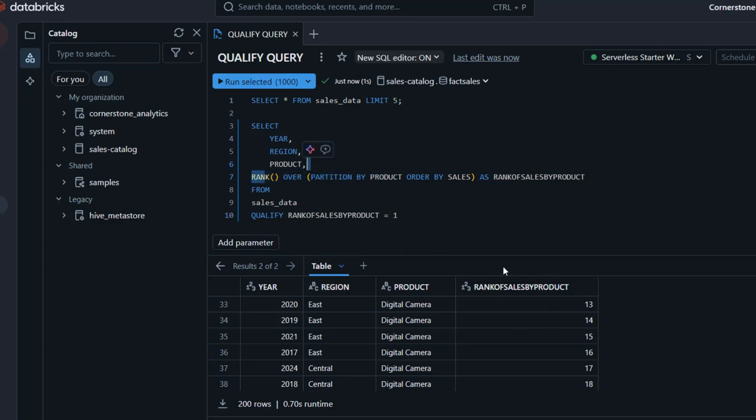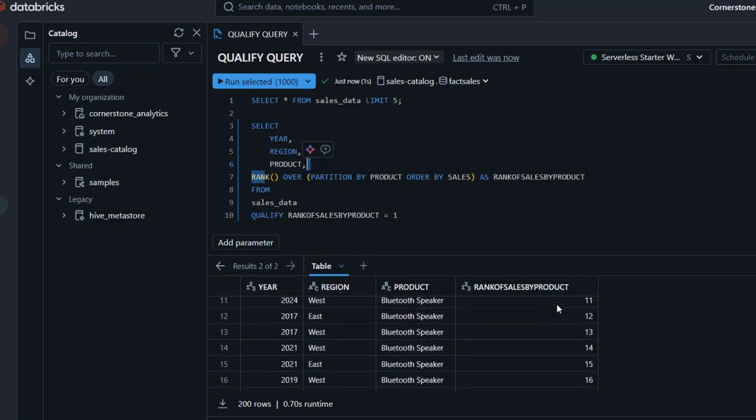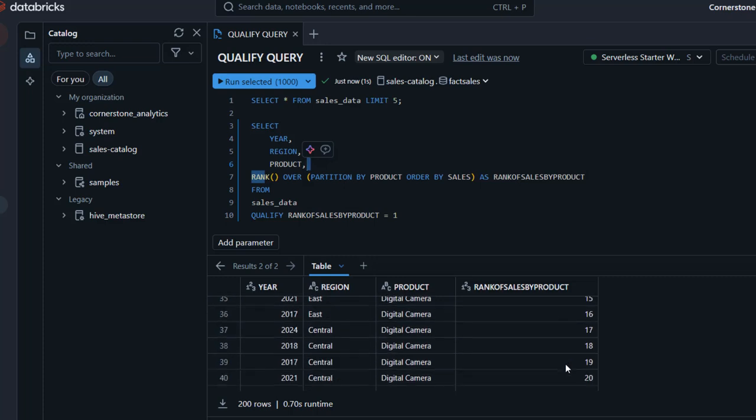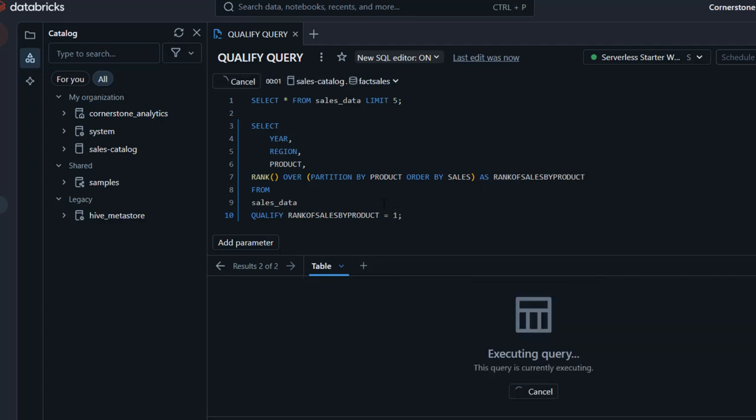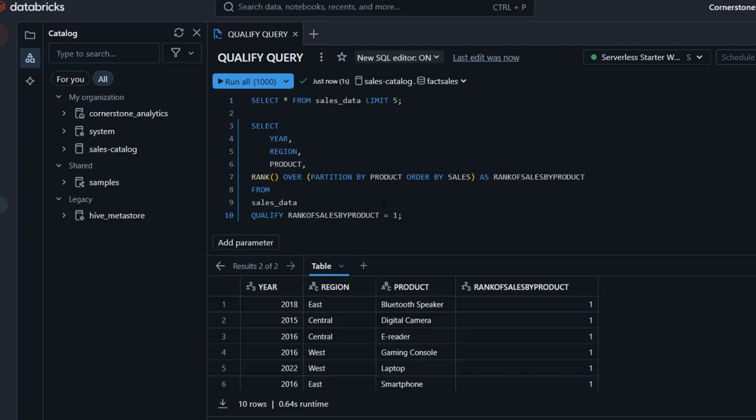Okay, so basically I'm telling the query to only return all the rows where we have 1 and return this 1, and then when you go down we have this 1 and so on and so forth. So that is what the qualifier will do for them, which is so amazing. I'm going to put in a semicolon and press Control Enter to run the code. Absolutely, that worked fine. So we can see we have the product Bluetooth, the best-selling product Bluetooth for the East